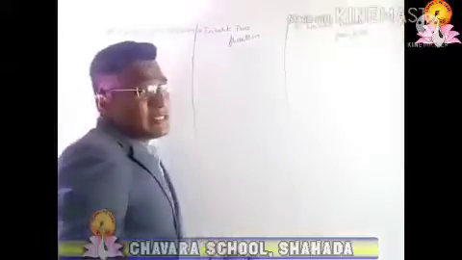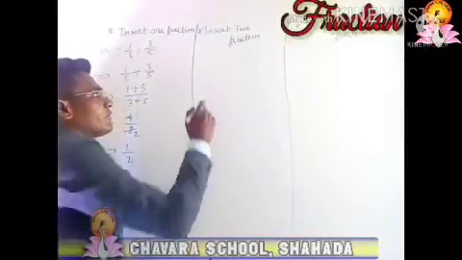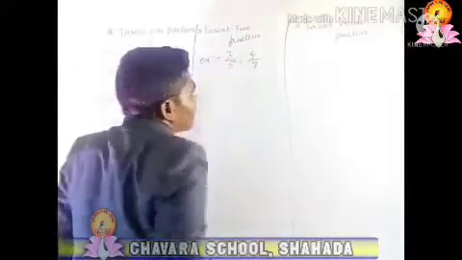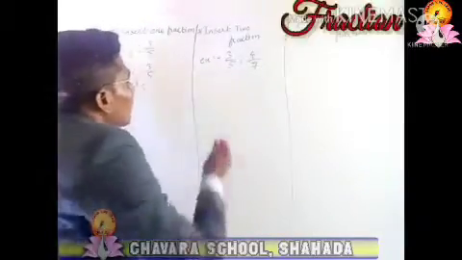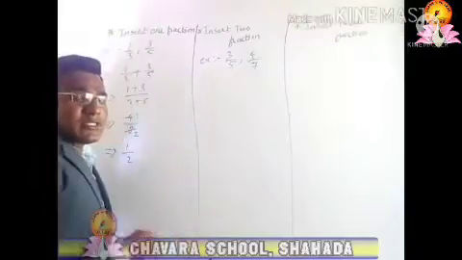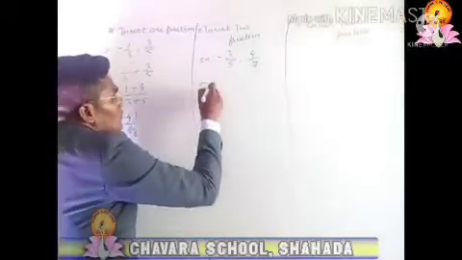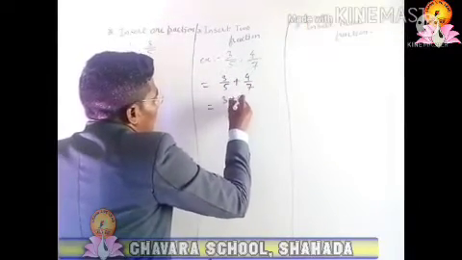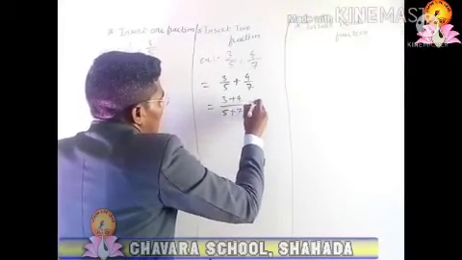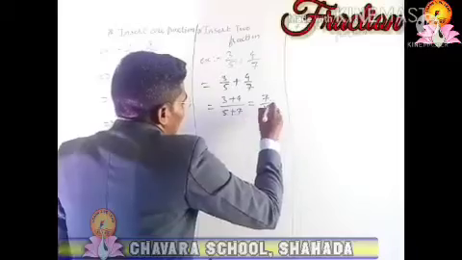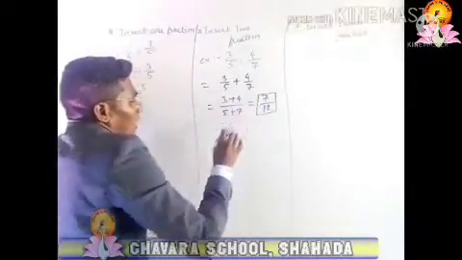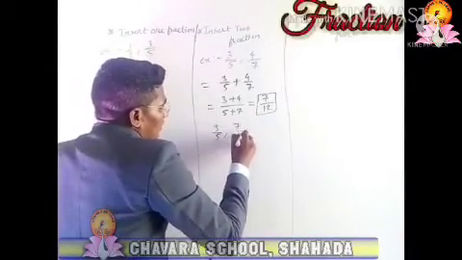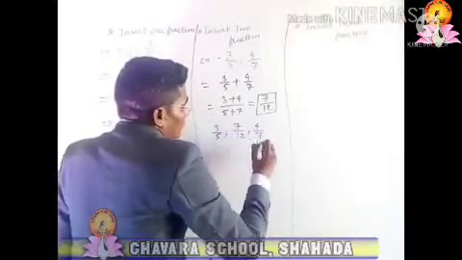Now how can we insert two fractions into given two fractions? For example we will take 3 by 5 and 4 by 7. To insert two fractions, follow the first method of adding one fraction. So 3 by 5 with an addition sign 4 by 7, numerator plus numerator, denominator plus denominator, that is equal to 3 plus 4 is 7 and 5 plus 7 is 12. As we got one fraction, now write it in the given two fractions: 3 by 5, 7 by 12, which we got, and 4 by 7, which we was having.